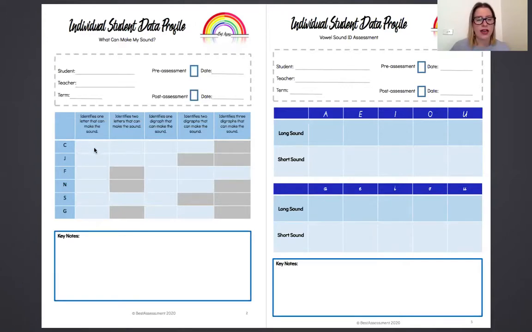So here we might have that a child has written down the letter K to show that they know that the k sound can be made by a K. If they've written down two letters that could make the k sound, they may have written the letter C and the letter K. If they can show one digraph that makes the k sound, they might have written CK,